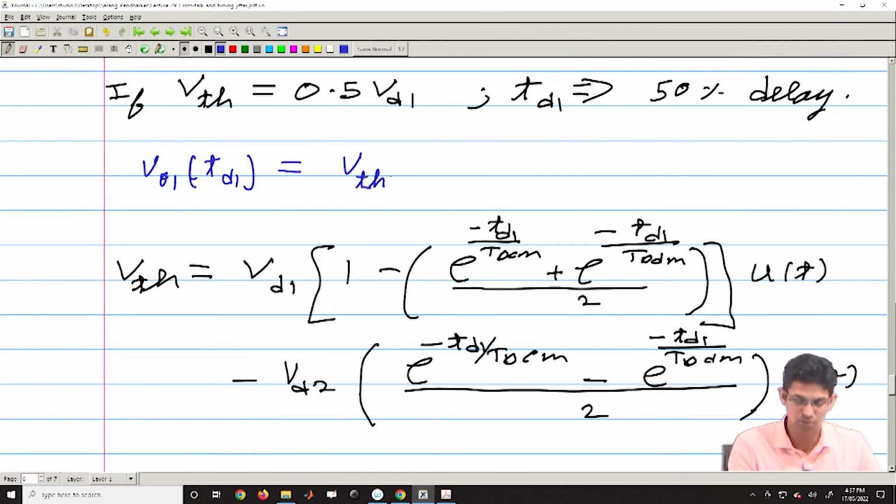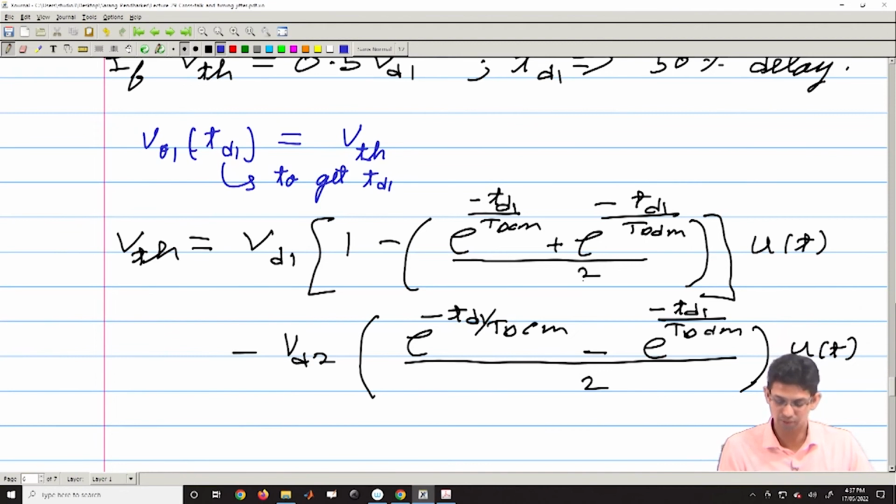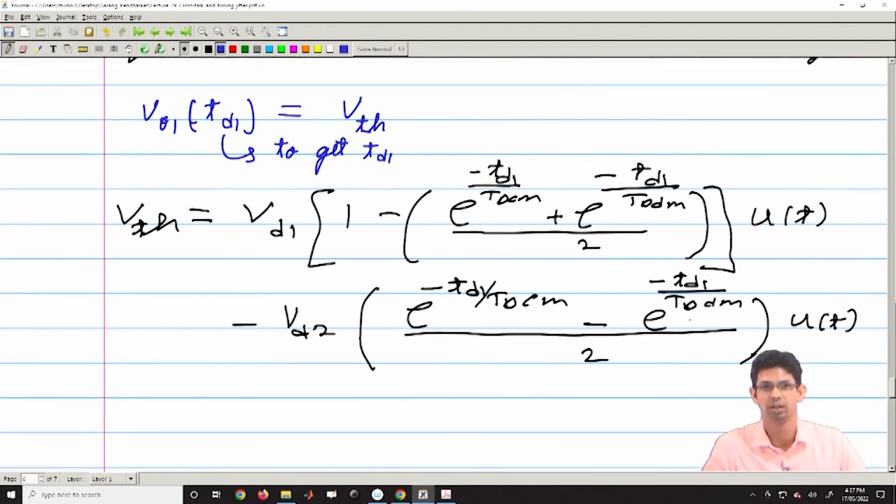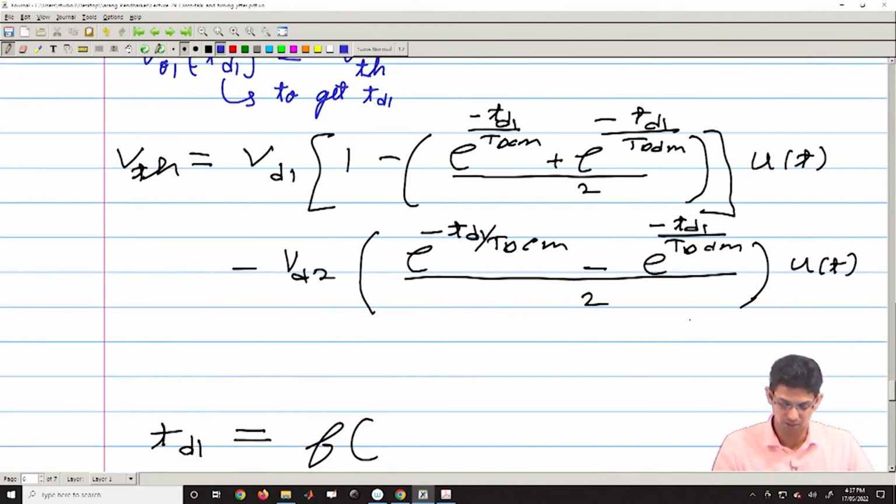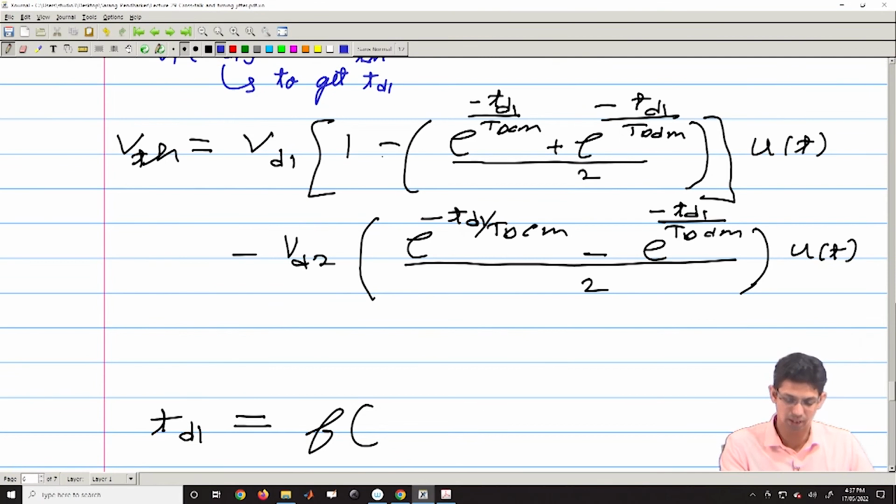You solve this to get TD1. You will have an equation like this where now t is replaced by TD1 in all these terms. And if you look at this, you can see that your TD1, you have to solve this transcendental equation, is not just a function of